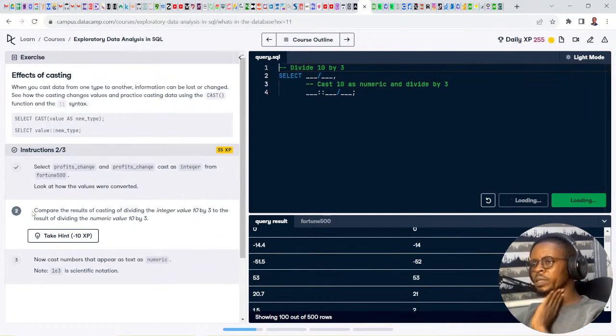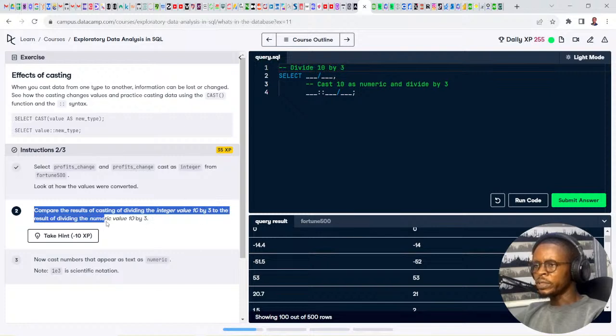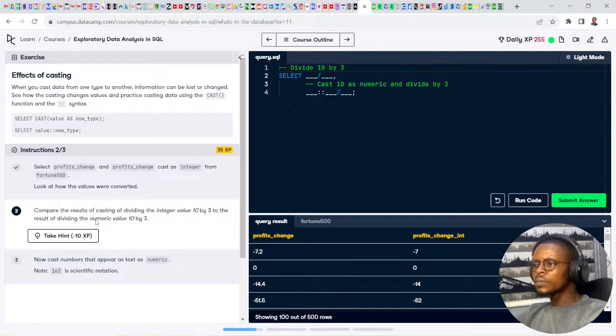So compare the result. The next instruction says compare the result of dividing the integer value 10 by 3 with the result of dividing the numeric value 10 by 3. Okay, integer value 10, then numeric value 10. You want to divide one. Select, compare the result of dividing the integer value 10 with the numeric value 10.